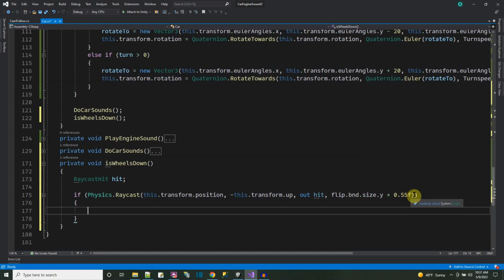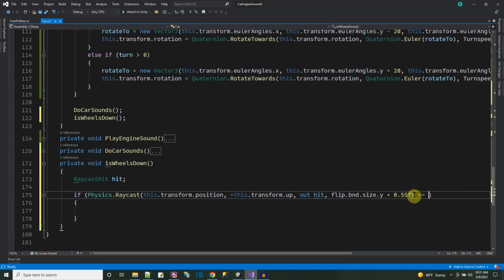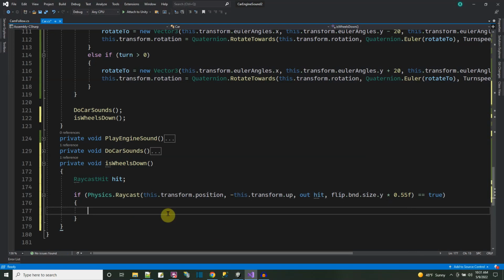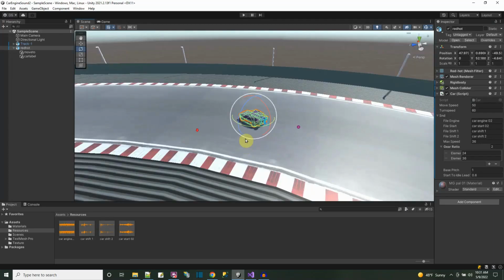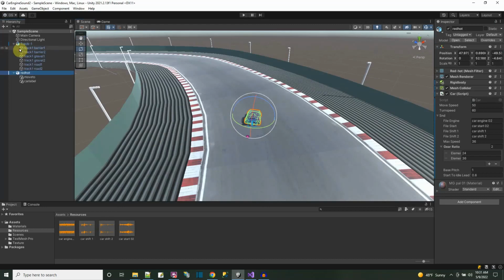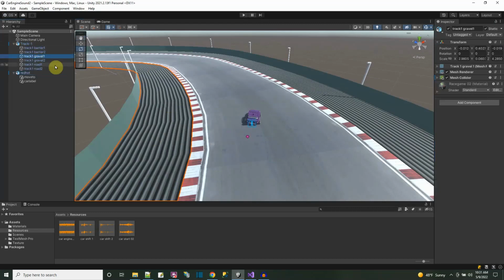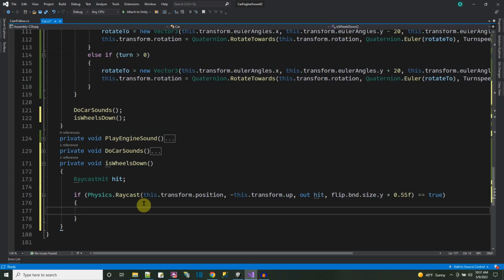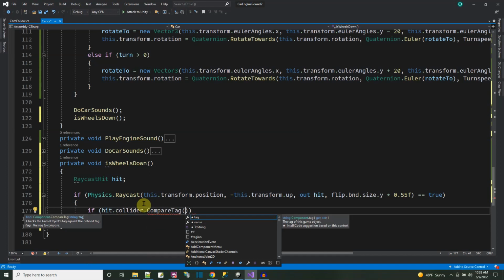If the raycast does hit something, if it's true, then I'll see what I hit. The things that I could hit, if I look here in the scene, here's my track: I have the gravel 1 and gravel 2, and the road 1 and road 2. If I'm on any of these gravels or roads, the wheels are down, and that's a certain condition for me, so I'll check for that. If hit.collider.CompareTag to my